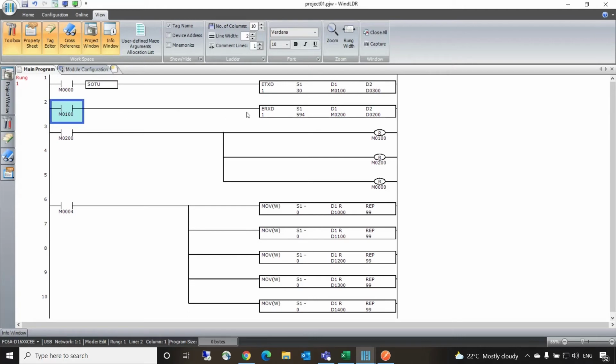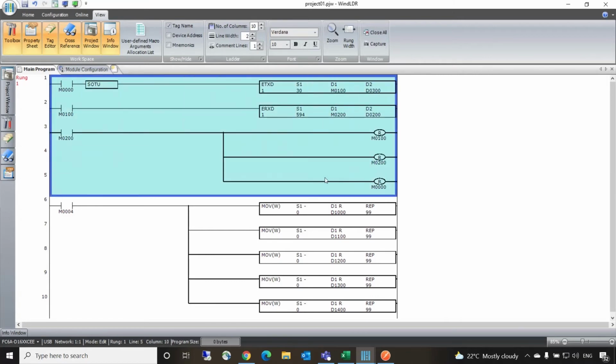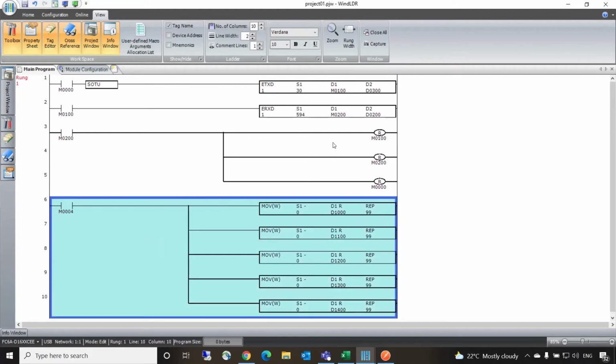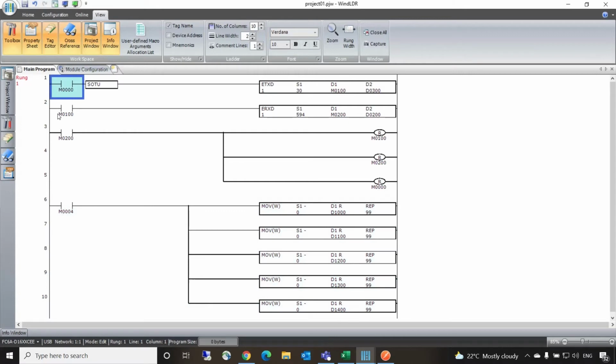As soon as this bit gets on, we are trying to receive the data from the other end, so this instruction gets executed. Once the instruction is completed, with that feedback I am trying to reset M100, M0 as well, and M200. So this is a small feedback logic which I have prepared. And I have created one web server page, in which I'm trying to clear out the data which I'm receiving so that I can get the data one more time by clicking on M0. For that I have written a condition and I'm moving 0 to all the registers which I'm considering here. So this is a simple program which I made.